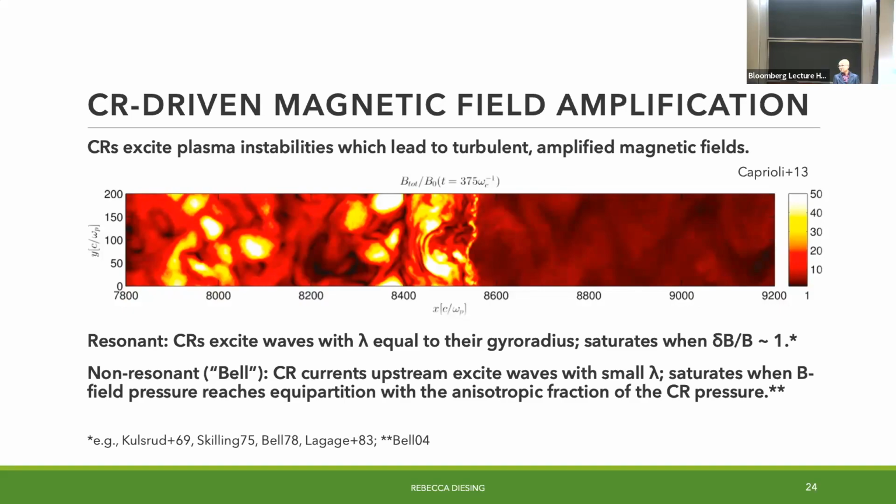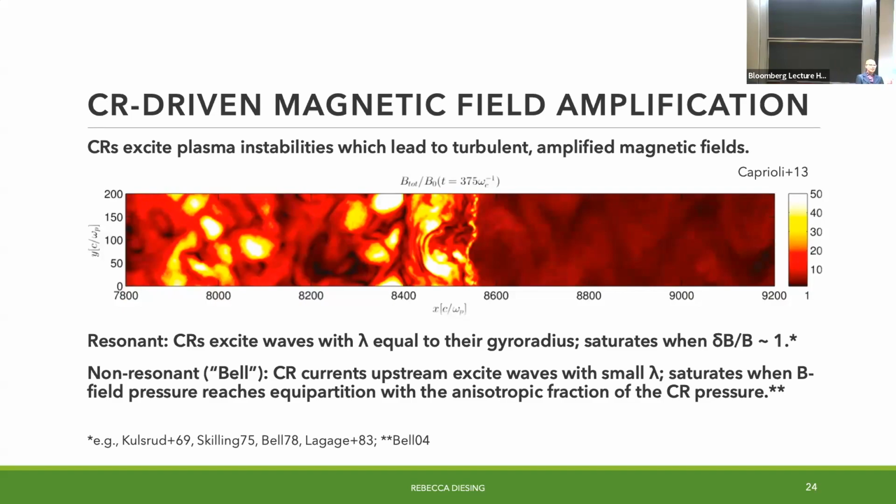Much larger than 1. So delta B is the perturbation, right, that you make. So the idea is you can get a very, very strong amplification, so large delta B over B. Yeah. These, the ones which produce magnetic fields are also the ones which get accelerated, or? Yes, and that's where things get fun.